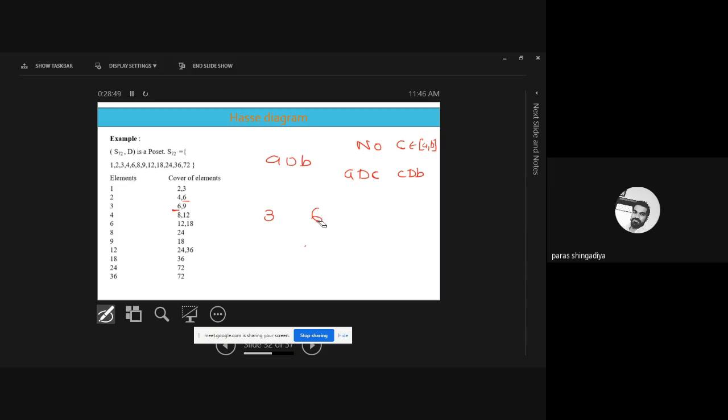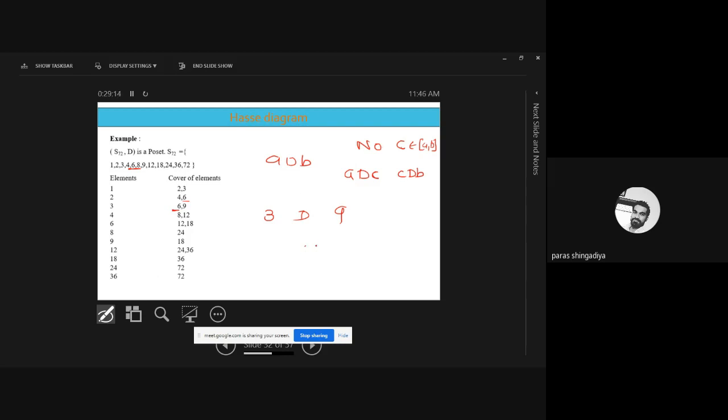And after 6, 8 is there. Okay, so 3 divides 8 is incorrect, so it is not the answer. Okay, and then 9 is there. 3 divides 9, that is correct. And in between 3 and 9, how many numbers are there? 4, 6, 8. 3 entries are there. Clear? So if we take 4 as an answer of C, it is not true, because 3 divides 4 is not correct. 3 divides 4 is not satisfied.